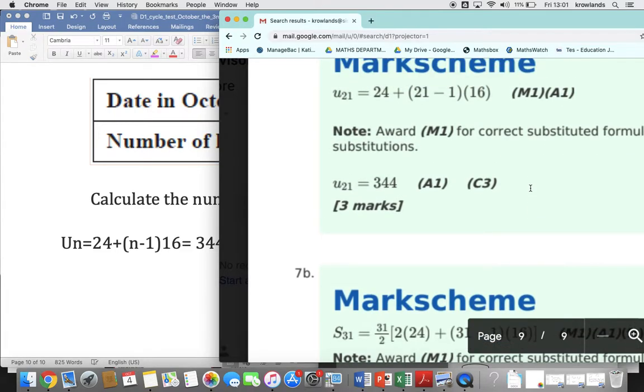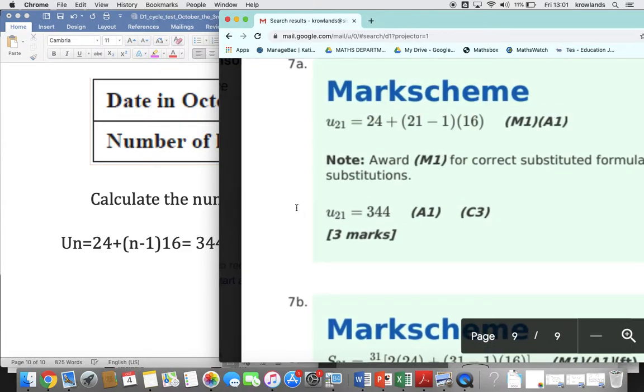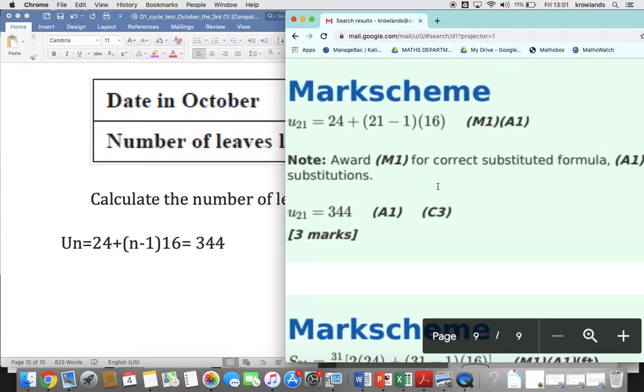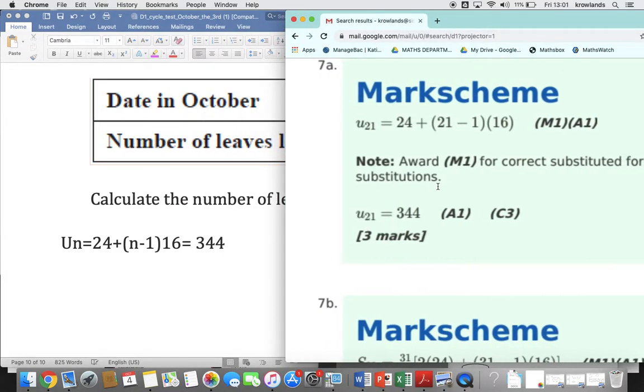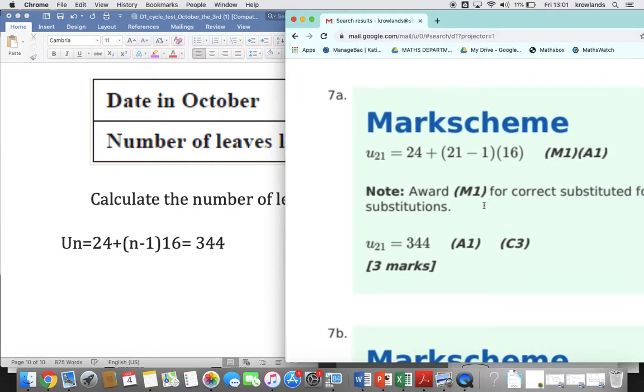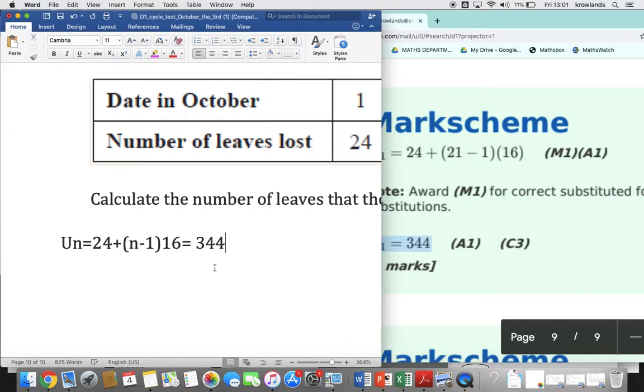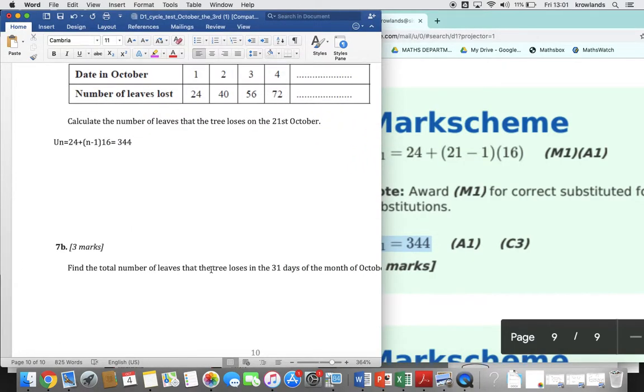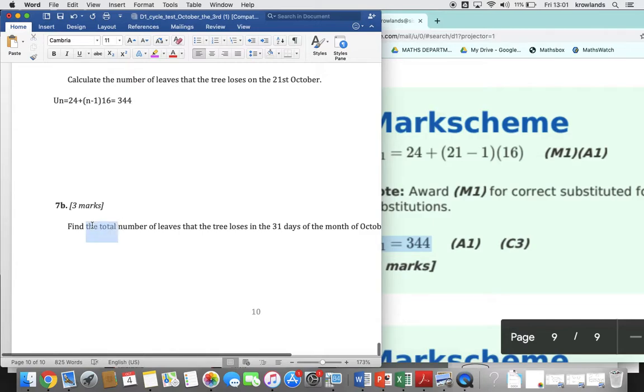So on the mark scheme you get your mark for 344. If you didn't get the right answer, you'd get 1 mark for trying to substitute, 1 mark for the correct substitution, so you get 2 marks for this, and then the 3rd mark for the answer. Very similar. Again, it says the word total, so we're going to use the sum of formula. S of n equals,